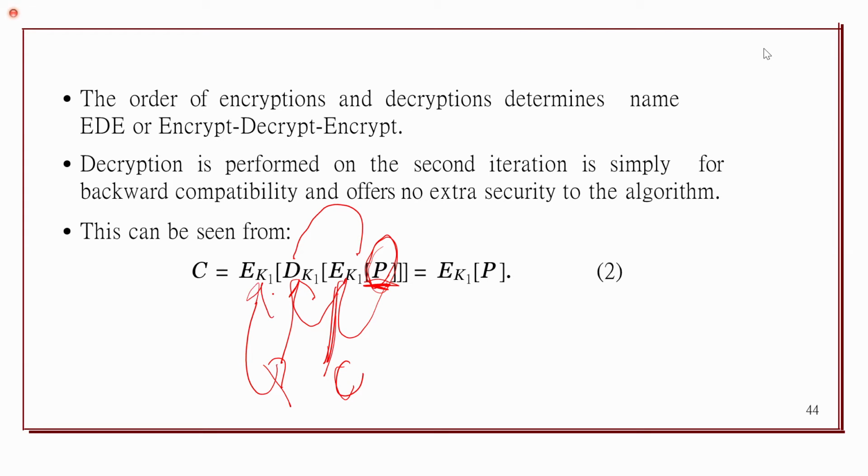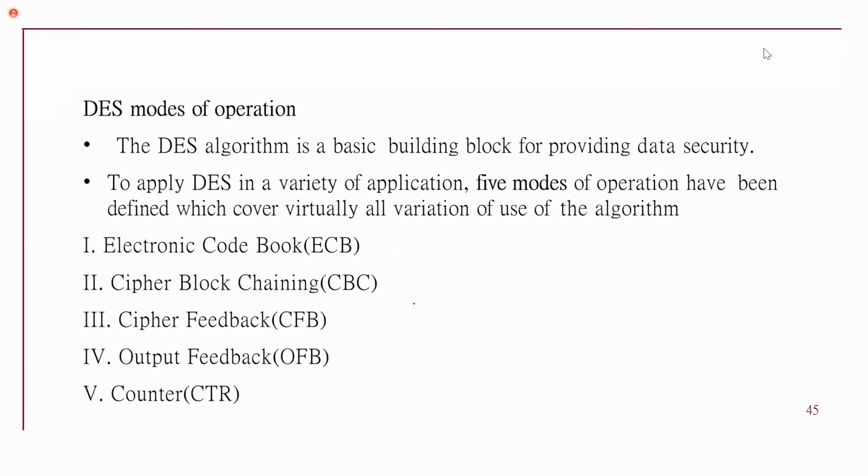Then we are going to encrypt. So applying encryption 2 times and decryption 1 time is nothing but applying encryption 1 time over the plain text. That is why we can say that it is a failed technique. Triple DES was not very secure, so if there is a possibility of breaking DES, obviously triple DES can be broken simply by increasing the computational power. And is there any doubt in DES or triple DES?